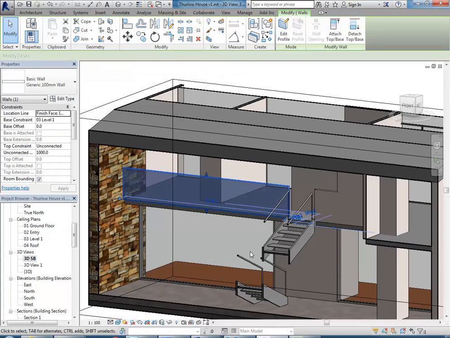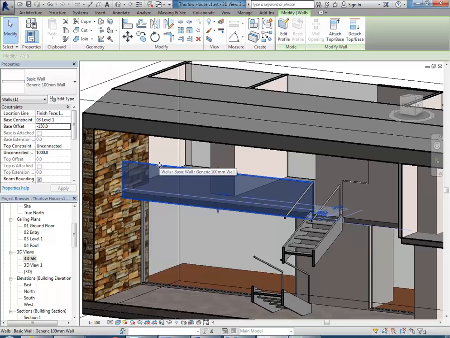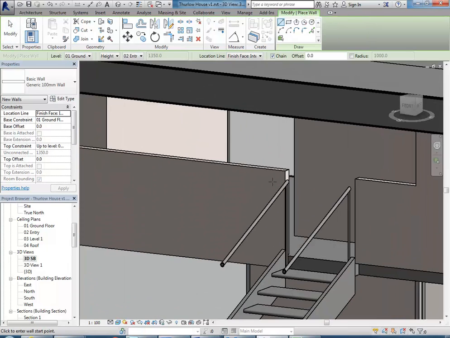If I select that wall and then change the base offset here to -150, it will bring it down, bring the bottom edge down so that it now sits in line with the bottom of the floor. But notice it's also brought the top down. Okay, because the unconnected height is 1000, it's measuring that from the bottom of the wall. So I have to change that unconnected height to 1150. So it's 1000 plus the 150, I've just moved it down. And now you can see there, it matches